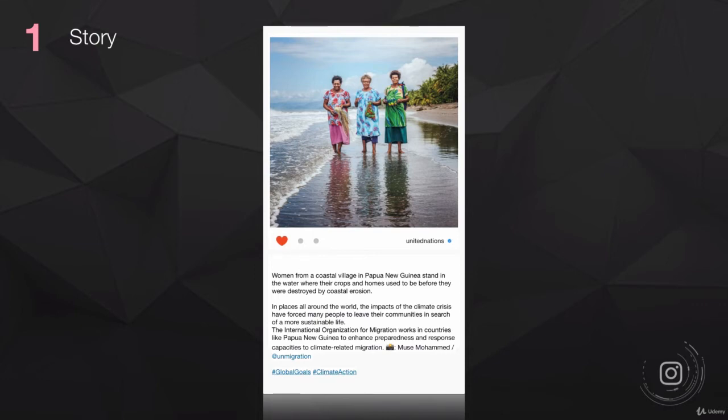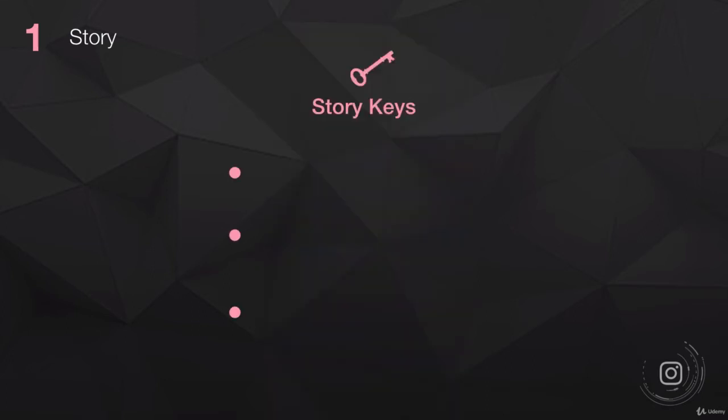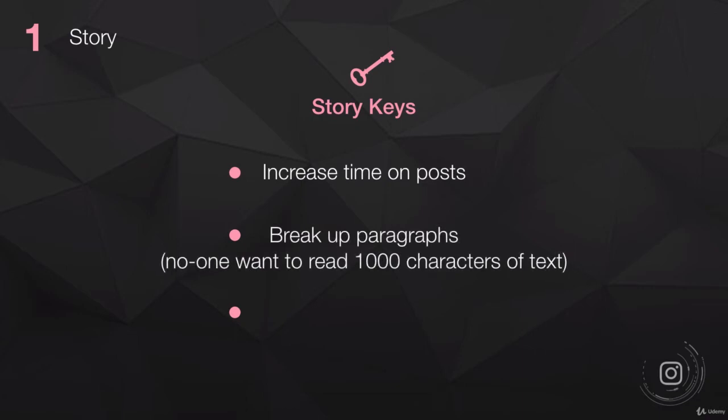You'll be shocked at the engagement difference from posting background information about the post that you've put on Instagram. You're going to see much higher interaction, engagement, and therefore much more exposure. So I highly recommend you try telling a story like these 2 examples. And why it increases your exposure is that the biggest thing it does is increase the time on the post.